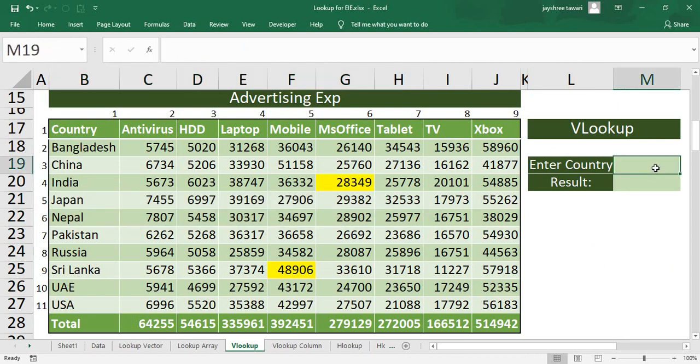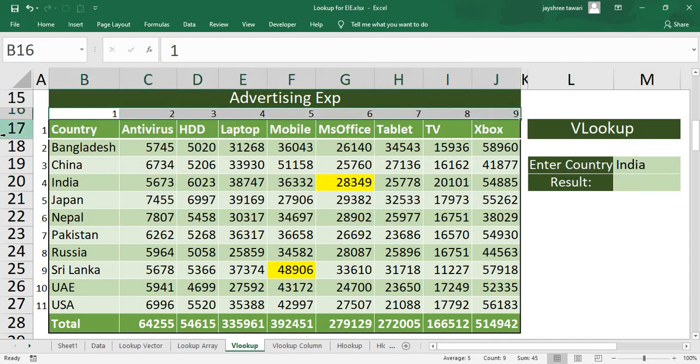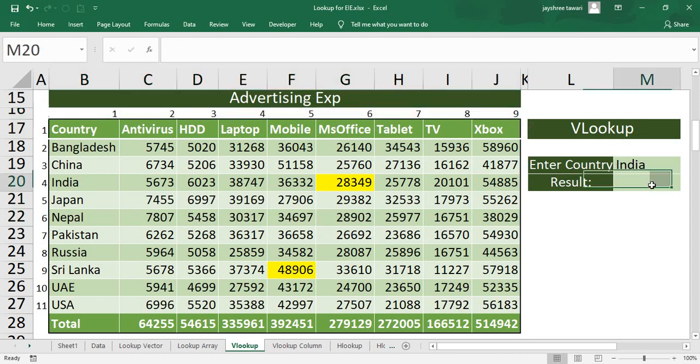So over here I'll be writing some country name. I'm going again with India, and what I want over here, I want to retrieve the value of India for MS Office. For your simplicity, I have even highlighted the value, and I have given over here the column sequence number and the row number. So it will be easy for you to understand the function.